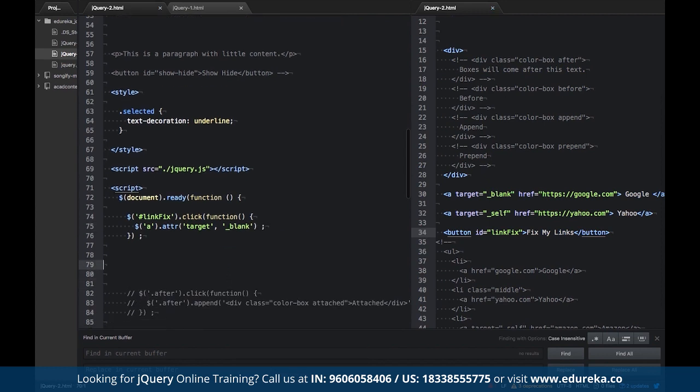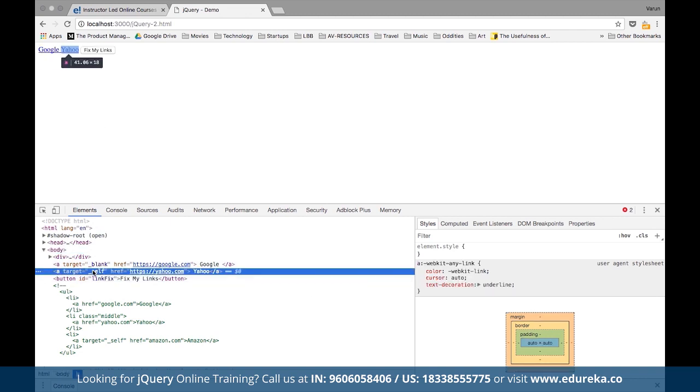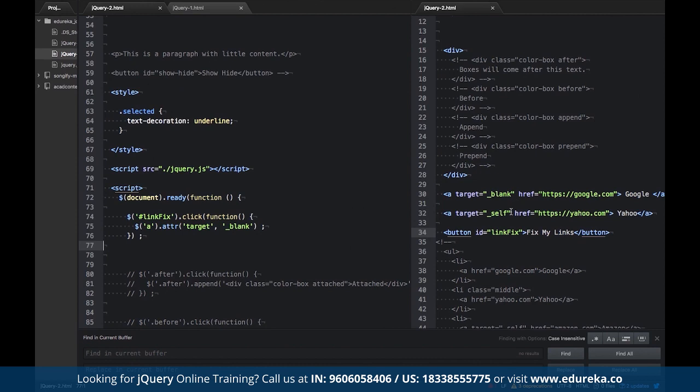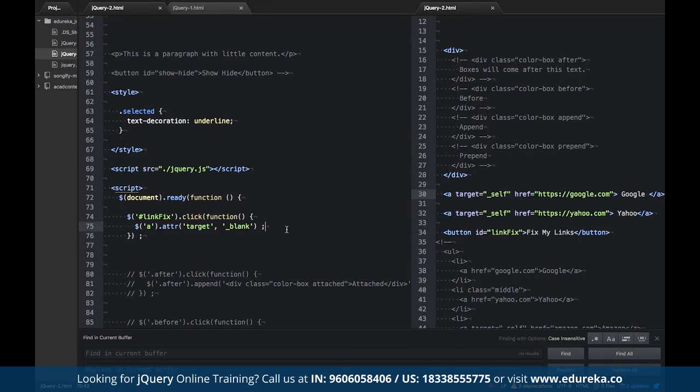So let's see what happens. If you notice, yahoo.com, the target is not blank, it is self. If we click on this, yahoo.com changes right there in front of your eyes. The target attribute changes. If this was self and even this was self, then doing this would change both of them. Another thing that we can do is